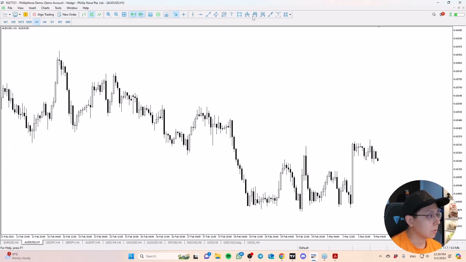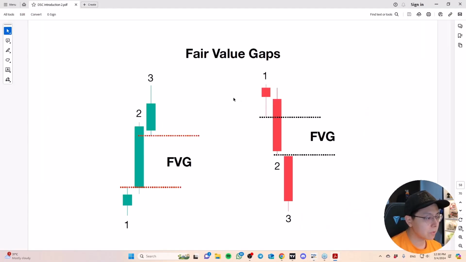Okay, now you can see over here, this is a very obvious strong momentum candle. This is our first candle. The strong white bullish candle is your second candle, and then the third candle is here. You do observe that the first candle and the third candle have no overlap. So what does it do? It creates this fair value gap area. You can see, right? That's the direct application in the market itself. So that's the first step to understand.